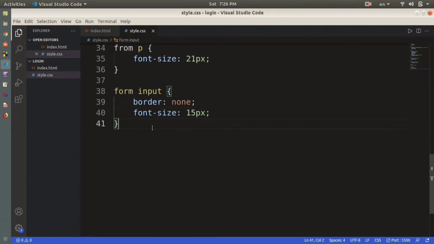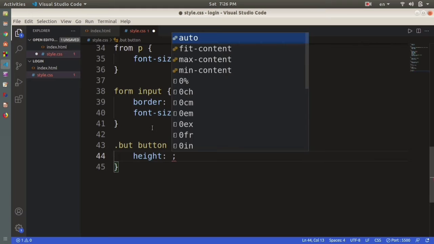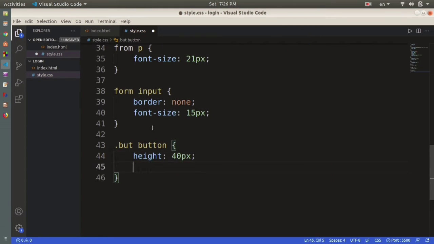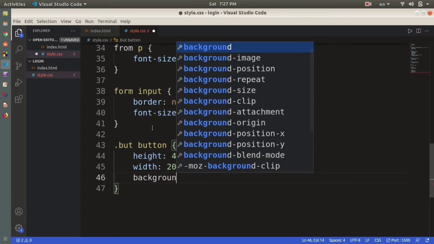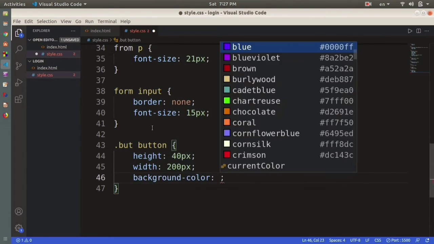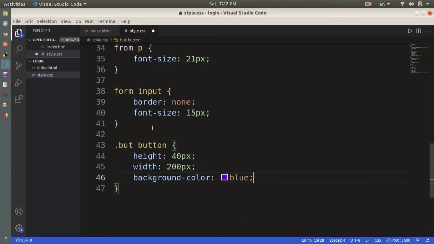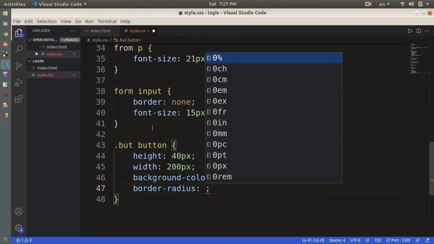So let's go to style.css, and here I'm going to write but, then here I'm going to use height, height will be 40 pixel, then width will be 200 pixel, background color which will be blue, and border radius will be 20 pixel,